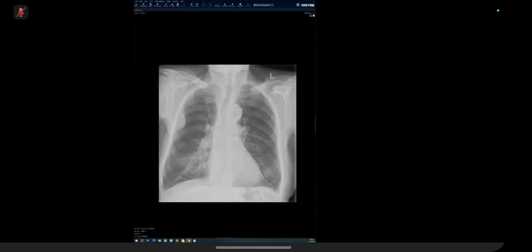So the way to differentiate on X-rays, you want the fissures to move. The fissures have to go towards that area of abnormality, and that means collapse. Sometimes in consolidation, you can have increased volume as well, and that's a very typical sign of a certain infection. I don't know if you guys remember it or not, but when you say consolidation that is causing increased volume or bulging of the fissures, that's a typical sign for Klebsiella pneumonia. So that may be something you get asked: is a consolidation that has a mass effect or is pushing the fissure. You have to think of cancer, and if it's an infection, it would be Klebsiella. So I hope that